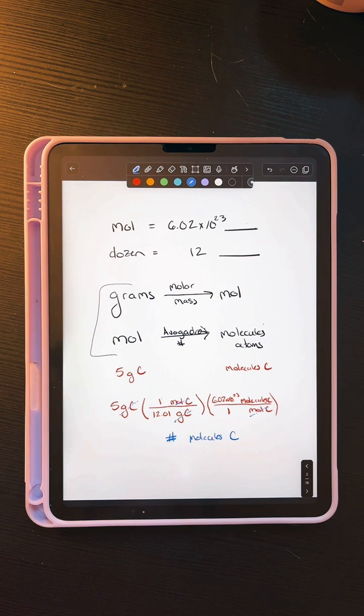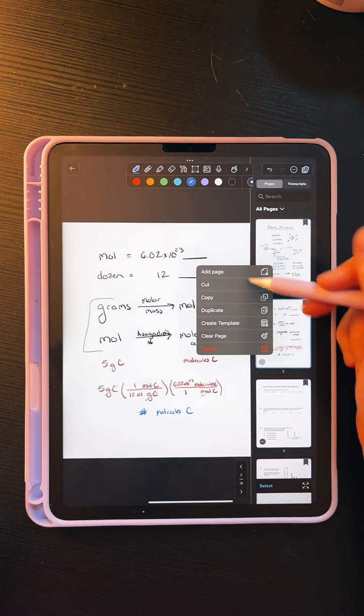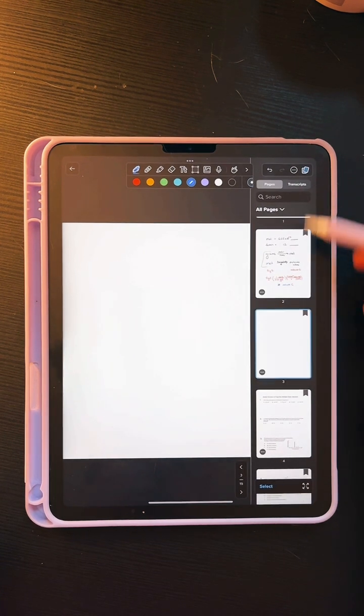Awesome. All right. So we'll go over a couple more things and then we'll jump into some questions. I am going to make a new page just because I thought I could do all of this in 2 pages, but